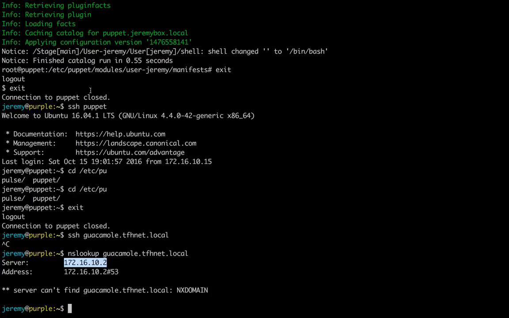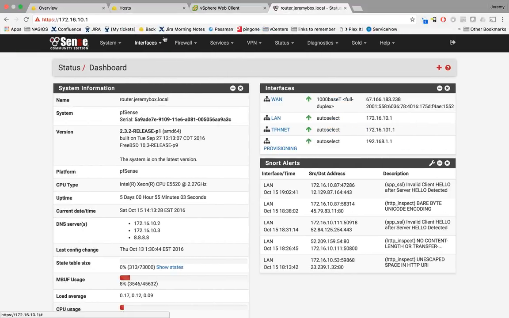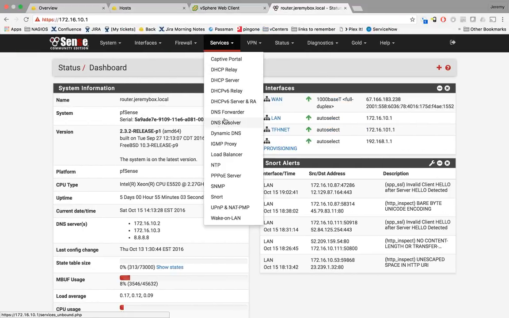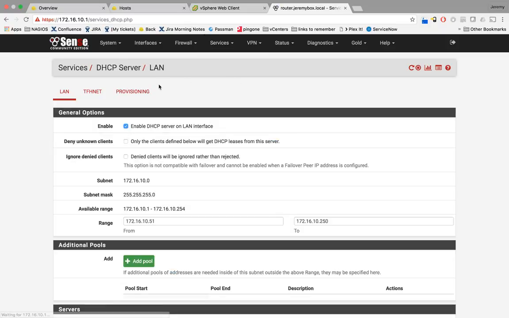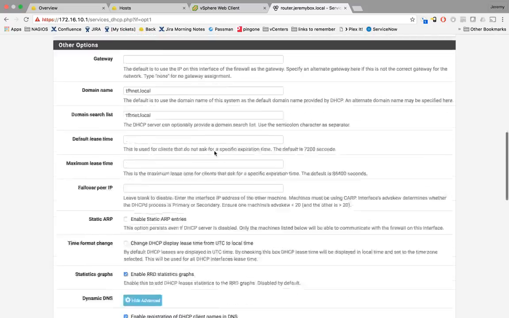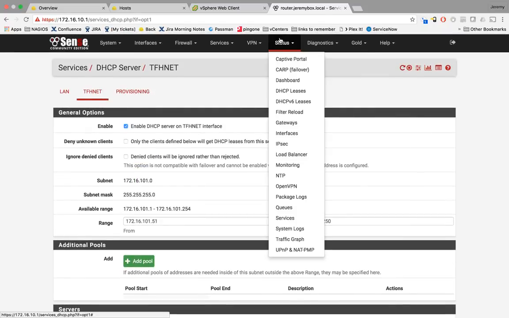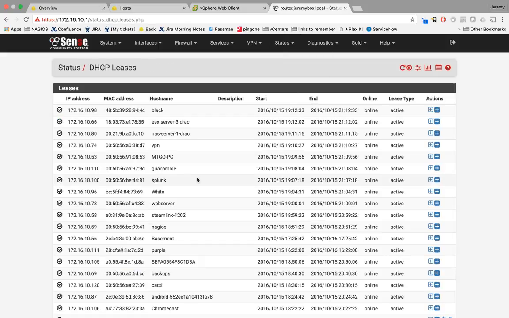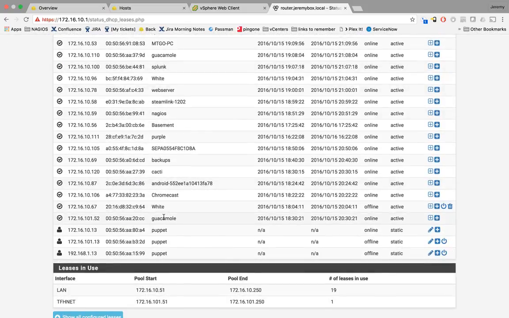All right, so we're going to go back, log in, services. We're going to look at the DHCP server on TFHnet, which is enabled. It's giving out names. Let's check the pool. DHCP leases. So TFHnet has one lease in use. That's actually kind of questionable, unless it doesn't count. That's weird because,